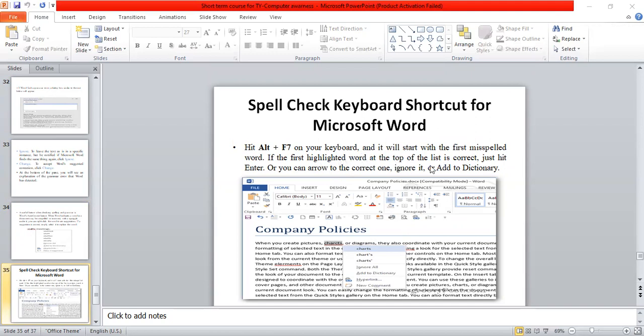If the first highlighted word at the top of the list is correct, just hit the enter, or you can arrow to the correct one और ignore it और add it to your dictionary, आप कुछ भी कर सकते हो। मतलब यहाँ पे दिखा है देखो, अभी ये चार्ट्स दिखा है, चार्ट्स का स्पेलिंग रॉन्ग है, बस आपको एक क्या करना है, आप अगर कंट्रोल F7 क्लिक करते हो तो ऐसे एक बॉक्स आ जाएगी सजेशन बॉक्स जो आपको स्पेलिंग देता है, फिर आपको जो भी स्पेलिंग राइट लगती है you have to just click that spelling, अपने आप स्पेलिंग करेक्शन हो जाती है। अगर आपको नहीं चाहिए तो ignore it, अगर आपको लगता है कि ऐड टू डिक्शनरी करना है तो आप ऐड टू डिक्शनरी भी कर सकते हो।